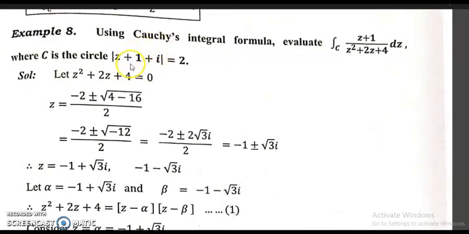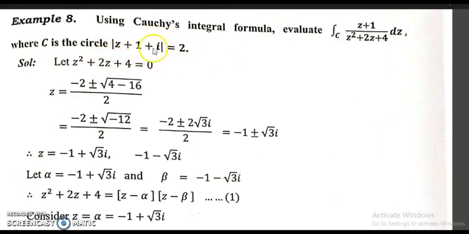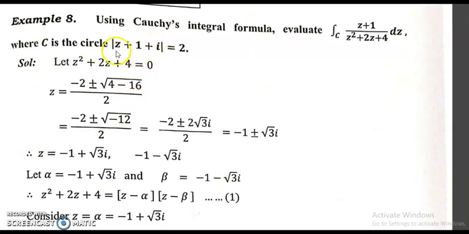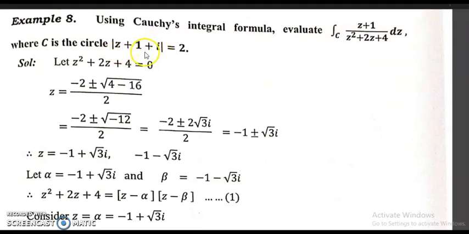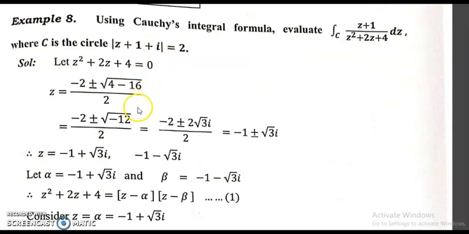Similarly, students, you can try this question on your own. A slight difference only. It's also an important question. Both the questions are important. In the previous problem, instead of a plus we have minus; the modulus is z plus 1, minus i in the previous question. Here you have plus i. So you can follow the same steps.